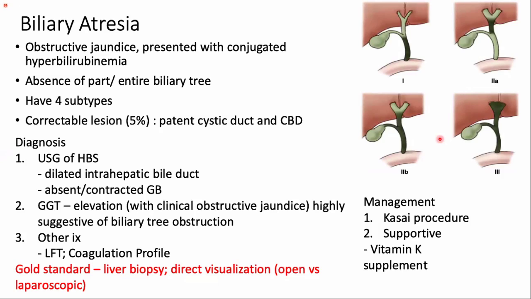So in Malaysia, usually what do we first do if we have a child with prolonged jaundice? We do certain tests. We send liver function test and thyroid function, because hypothyroidism can cause prolonged jaundice. When you suspect the baby has conjugated hyperbilirubinemia, what is the first test? The first test is usually ultrasound of the hepatobiliary system. You can see absent or contracted gallbladder.